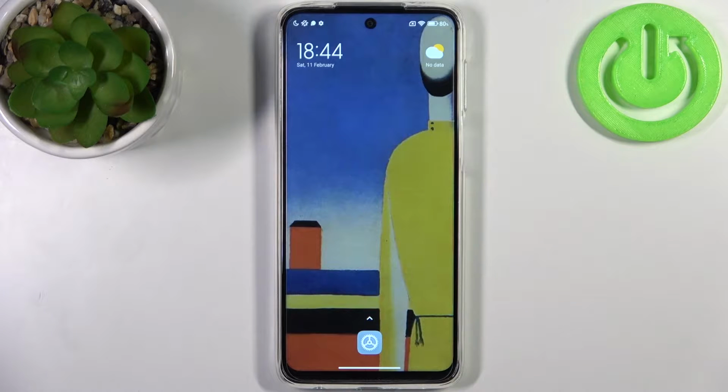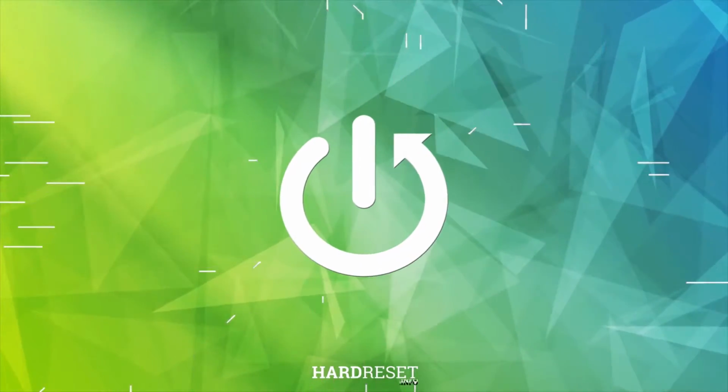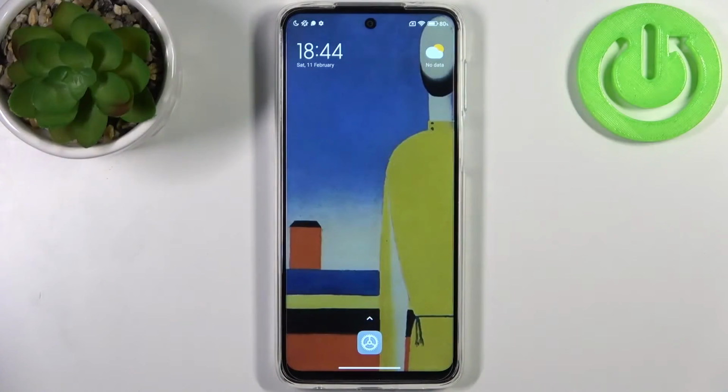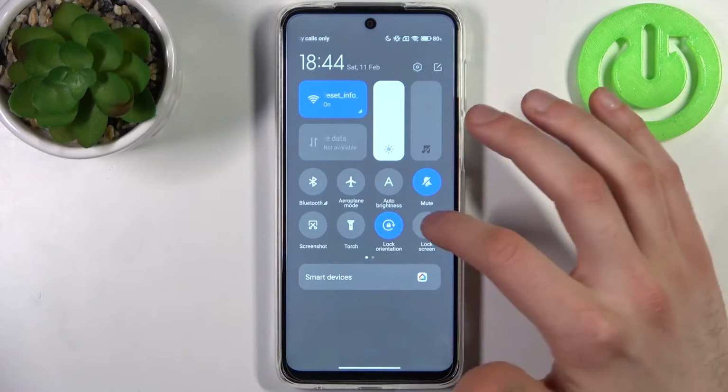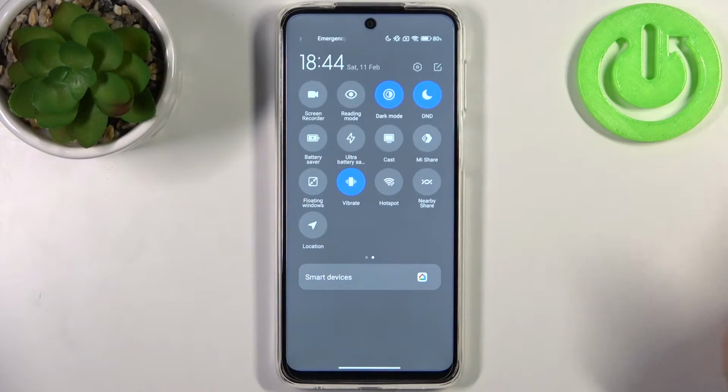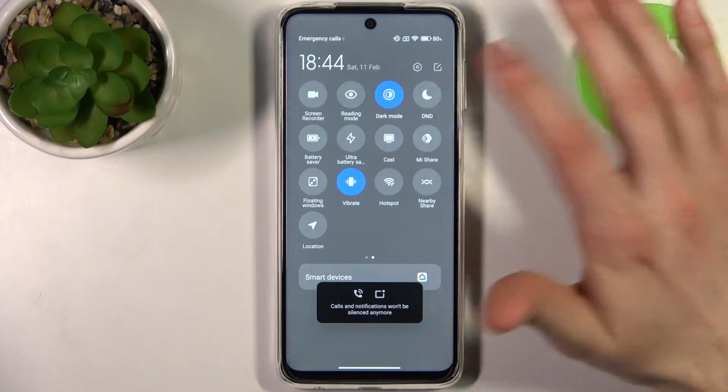Here I have Xiaomi Redmi Note 10 Lite, and today I'm going to show you how to enable Do Not Disturb mode on this device. So to do this, firstly you have to go to the upper bar, and here you can find the button D and D, which stands for Do Not Disturb. So by tapping on it once you can switch this mode,